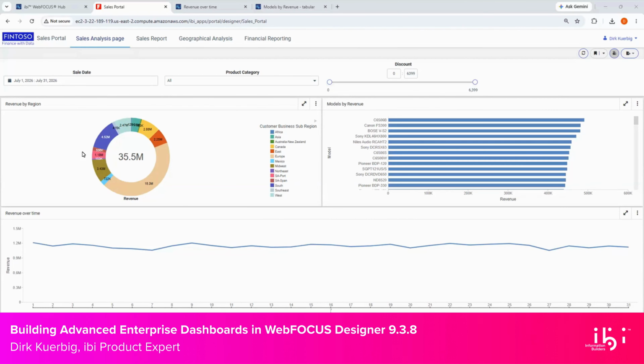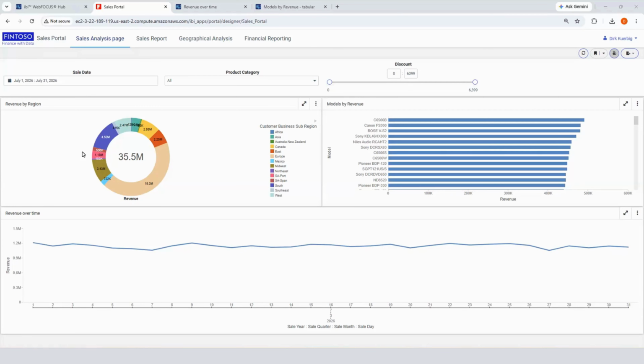I have the privilege of working with WebFOCUS at my company on a daily basis. What I like most about the technology is the fact that it provides a sophisticated, highly personalized analytical experience. The new WebFOCUS 938 is even better, expanding WebFOCUS Designer with robust custom formatting and advanced logic controls natively in